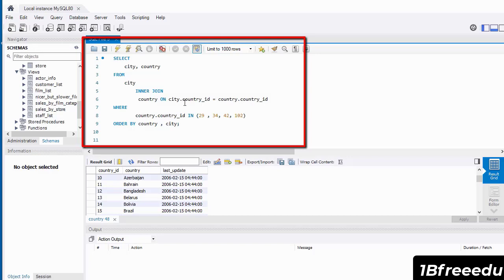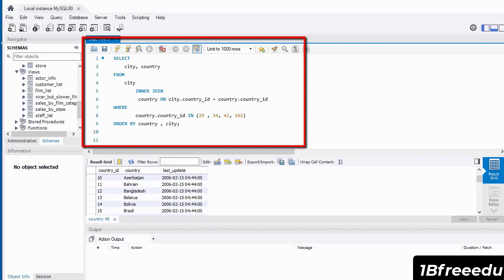So the join is going to be performed on identical columns. So the data that matches those two columns will be returned by the query. On line number 7 is the where clause, where I specify the condition for the query. And in the where clause is where we apply a filter that will determine the records that are returned by